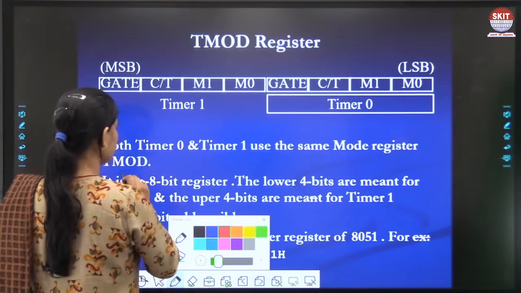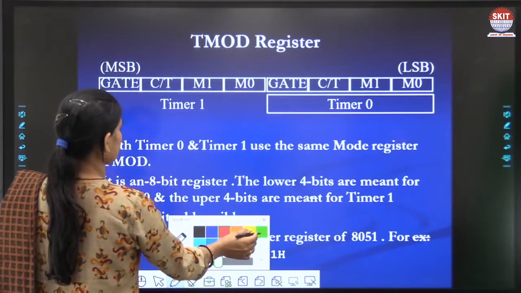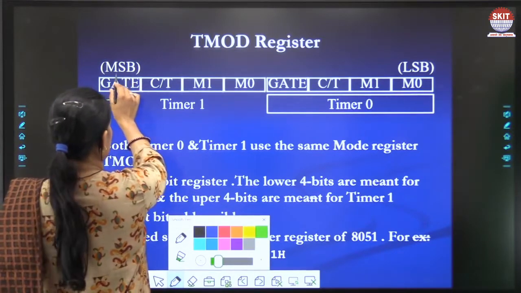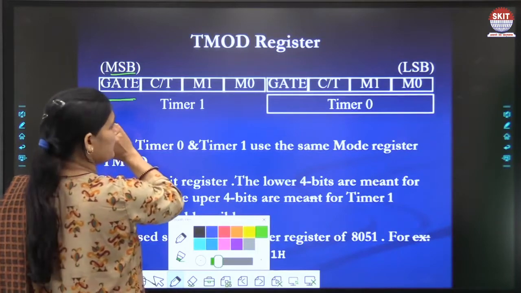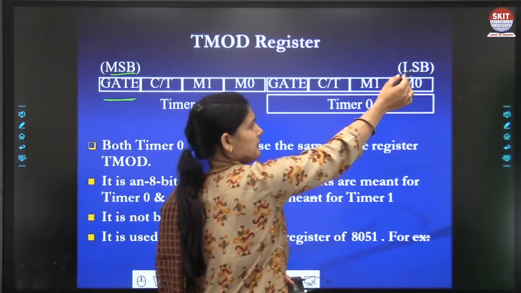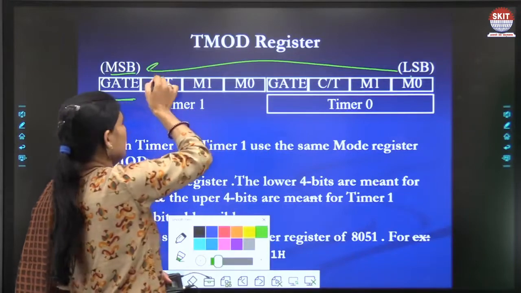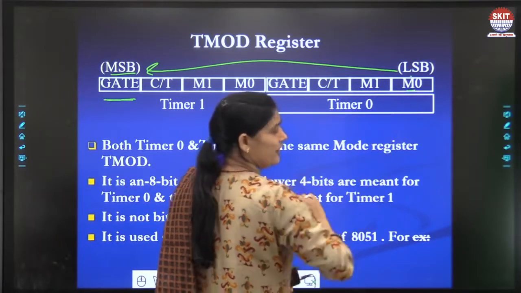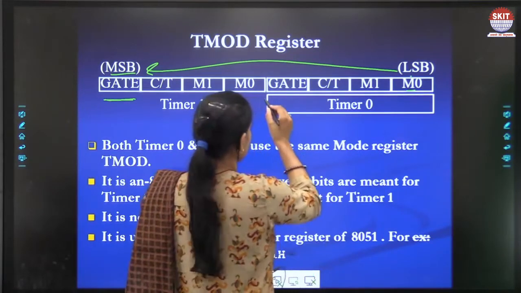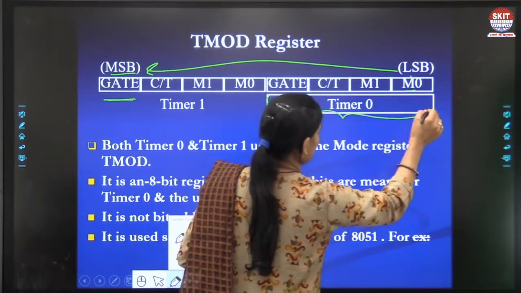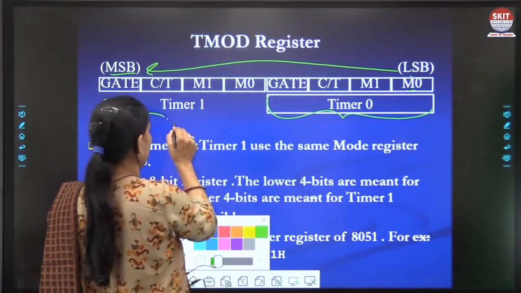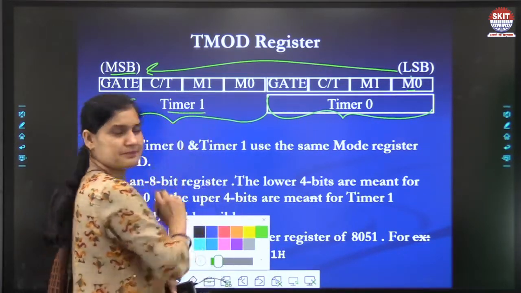This is the MSB, this is the GATE bit, and this is the LSB. From here to here, these are the 8 bits. The first bit is M0. The lower 4 bits are for timer 0 and the upper 4 bits are for timer 1.